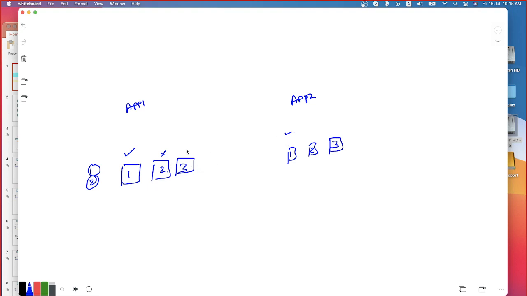I have this 3 only as a backup. If any one of the servers of application 1 fails, only then do I want server number 3 to be inserted to handle the load. The same goes for application 2.